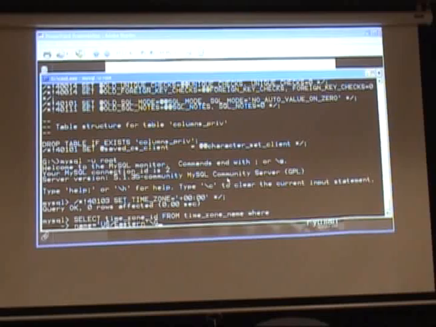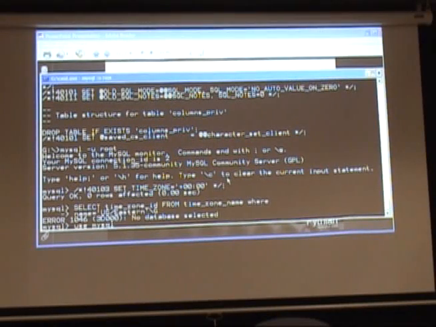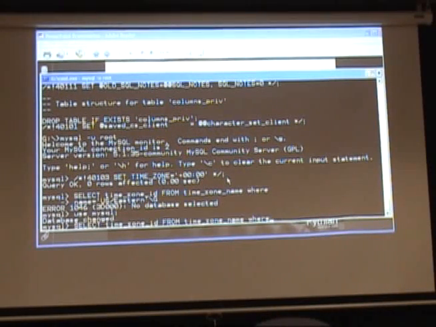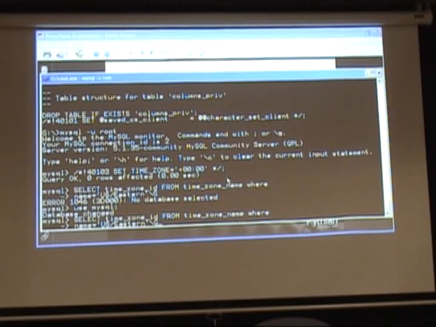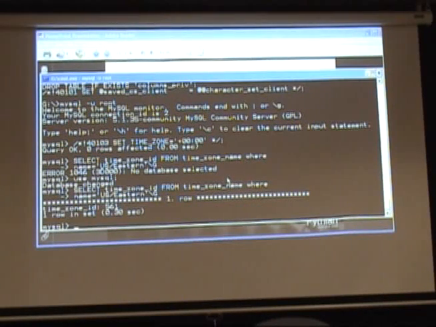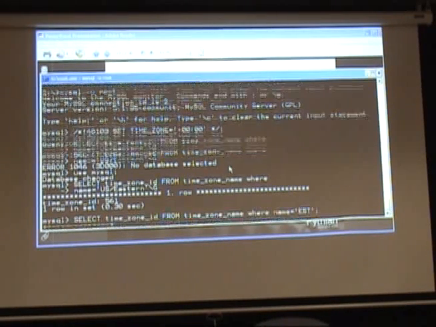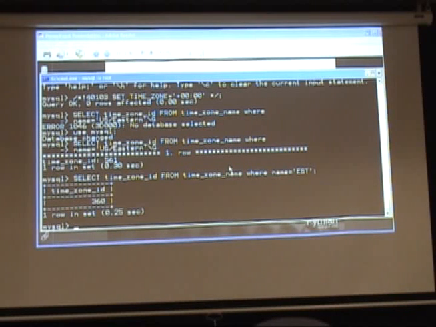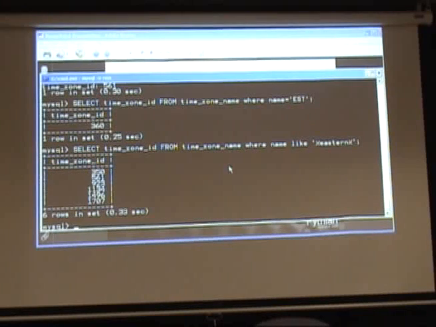Paste. There we go. Use MySQL. So select time zone ID from time zone name, where name is US Eastern. I get 561. If I did something like where name equals EST, I get 360. If I do where name like percent Eastern percent, then there are a whole bunch of